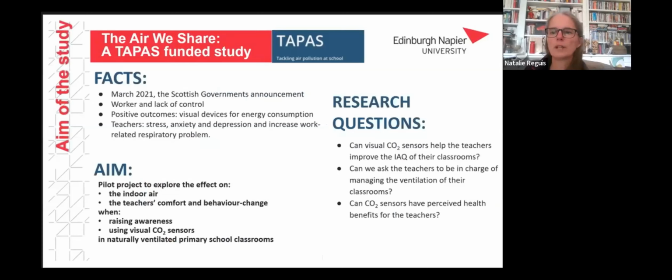To present the aim of the Air We Share, let's go back to some facts. So in March 2021, the Scottish government announced they were giving special funding to local authorities to buy CO2 sensors to be deployed in their school classrooms. But we also know that workers often complain about the lack of control over their comfort and their work environment. We know also that visual devices which help occupants to visually monitor their energy consumption have had positive outcomes with reduced energy bills. And finally, it's known that teachers suffer the most from stress, anxiety, and depression and have an